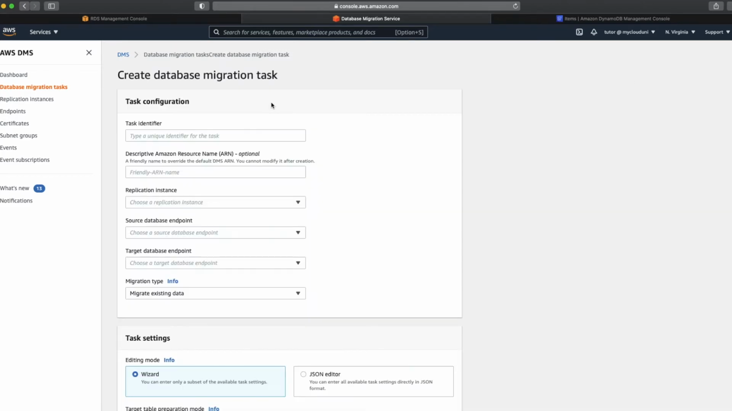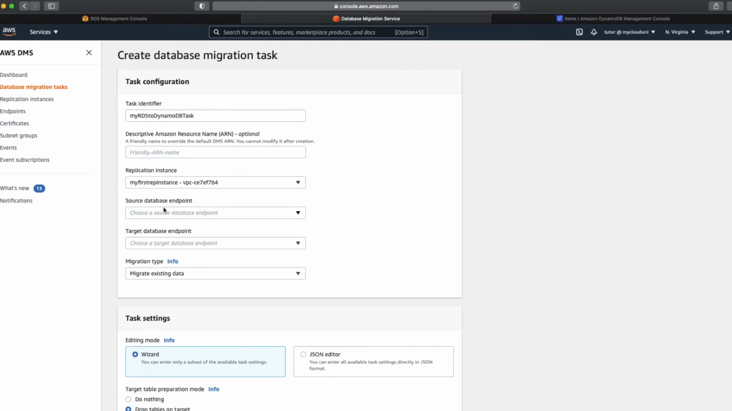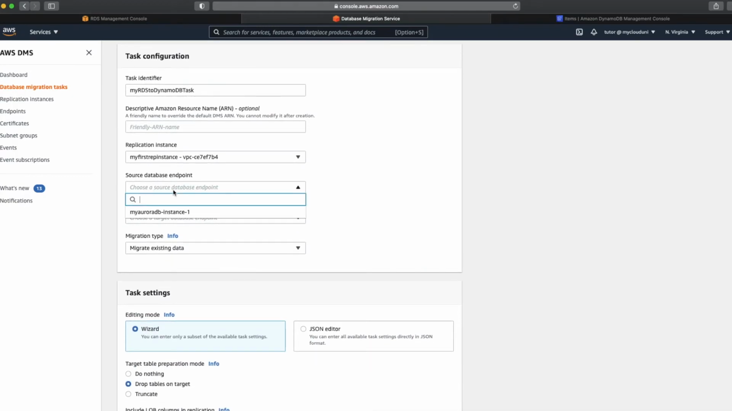Create task, and here we say that my RDS to DynamoDB task, and you can leave the things to default. Here you have to choose the replication instance. We have got only one rep instance, which is my first rep instance, and the source endpoint we actually choose